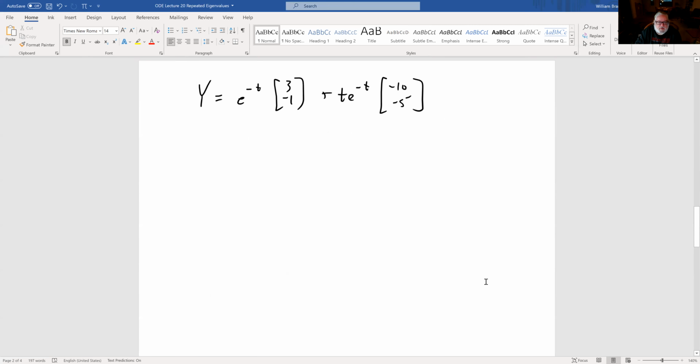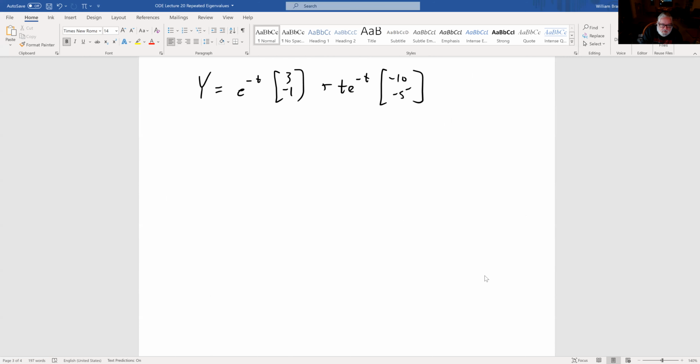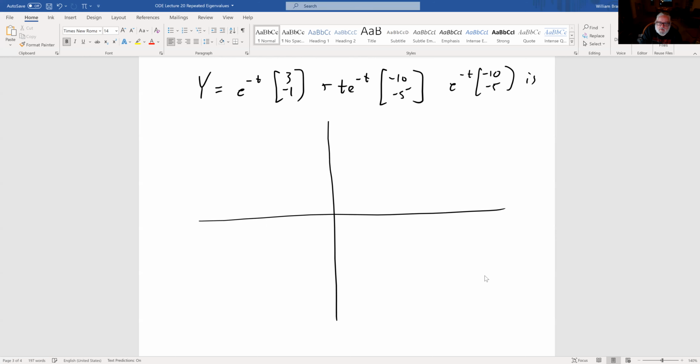And so that means when we're trying to graph this, that's a solution. So is (0, 0), of course. So (-10, -5). Let's see, if we go out 10 units to the left, halfway on the y. So this is a solution. And we're going in because it's e to the negative t. And of course, if we multiply this by -1,